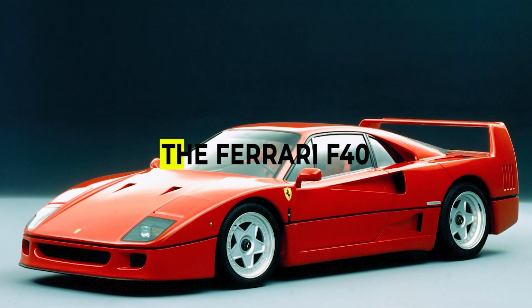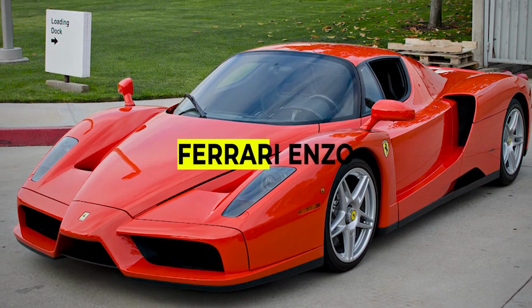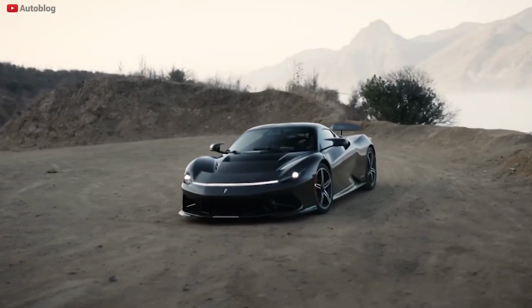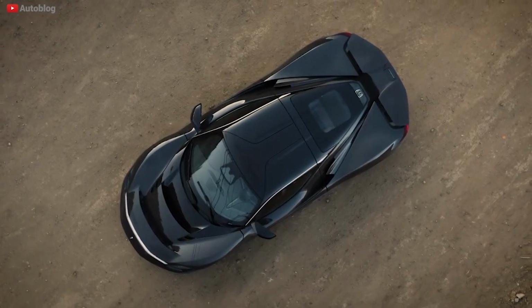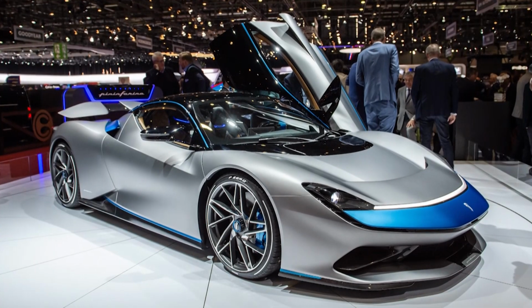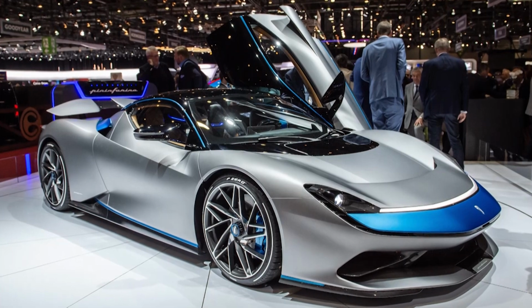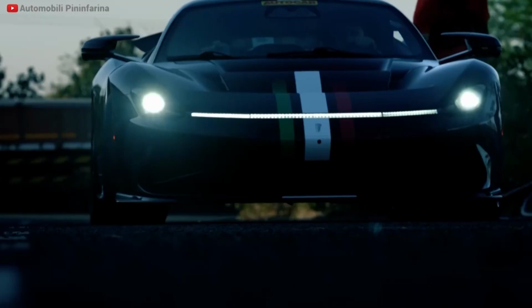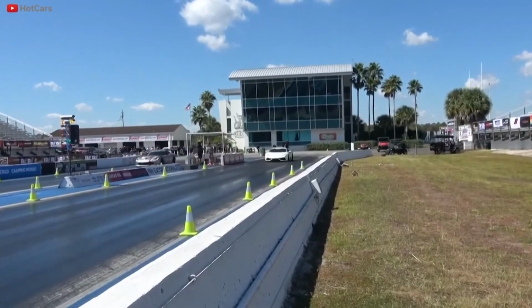Pininfarina, which designed the Ferrari F40, Ferrari Enzo, and Ferrari 458, designed the Battista. Most electric supercars resemble stylish 1950s streamliners and the Millennium Falcon. However, the Battista features a short snout, long tail, low roof line, and broad stance. This is also quite fast. 4 electric motors provide